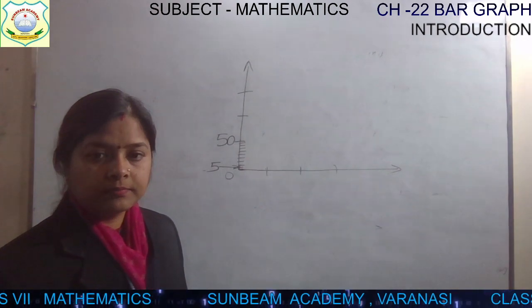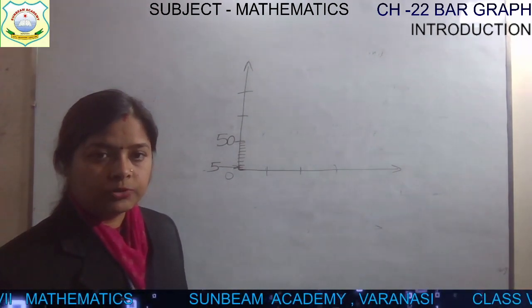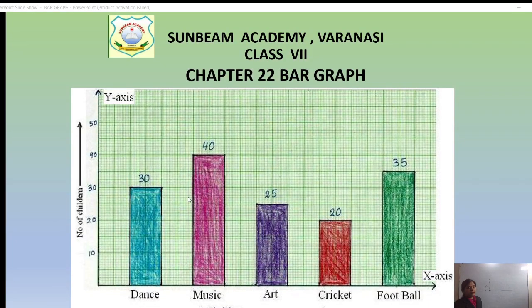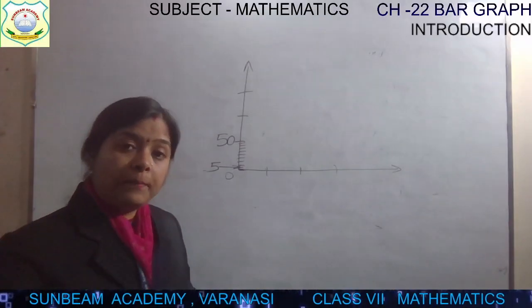See this. Let me show you. Here they have chosen 2 values as 10. Means one small scale division क्या हो जाएगा इसमें? 5. Number of children will be 5. Then 10. Then 15. Then 20. But they have written 10, 20, 30 only. So in this way you can increase the size of your bars.